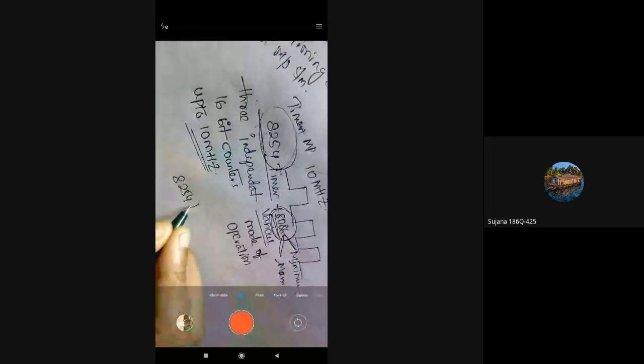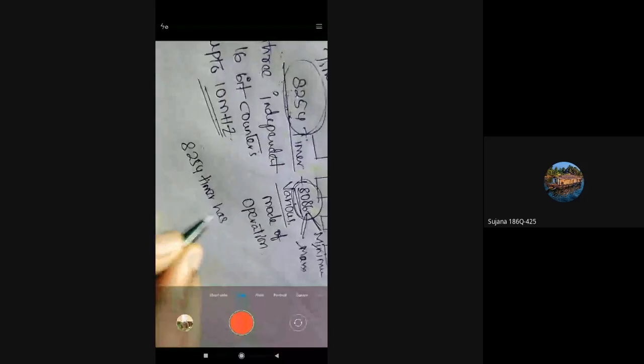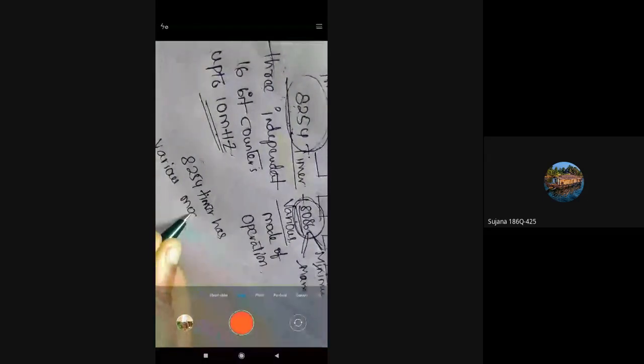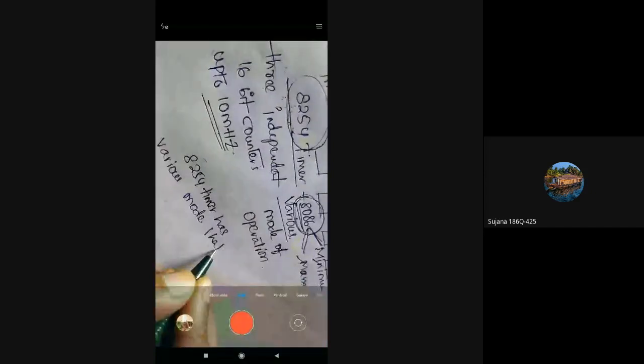So that means it is a timer in which all modes are software programmable. So the 8254 timer has various modes that are software programmable.